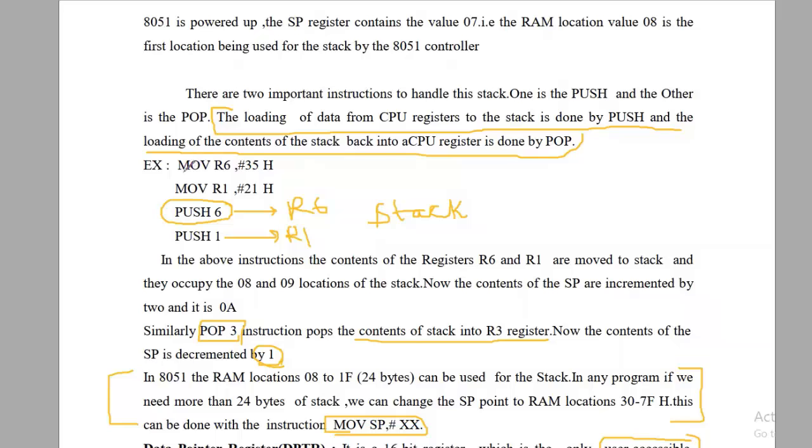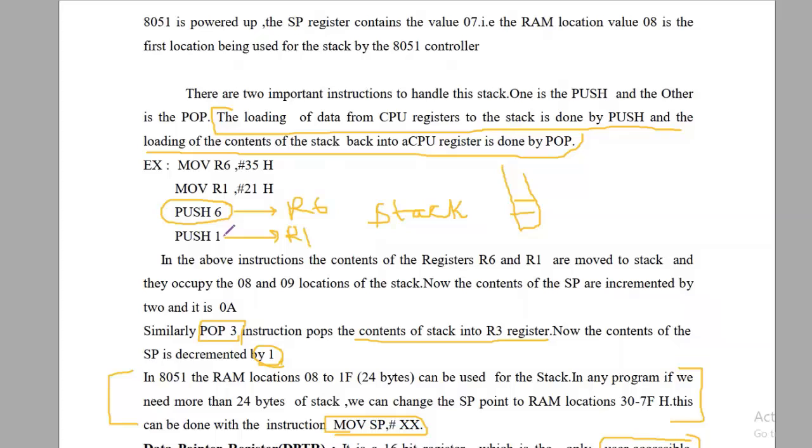For example, you have this instruction MOV R6, #35H. So this is the value. You are putting this value in the R6 register. Okay, and similarly you are putting 21 in the R1 register. Now you write PUSH 6, so it will push the value in register R6 into the stack. Okay, so the value will be put into the stack.